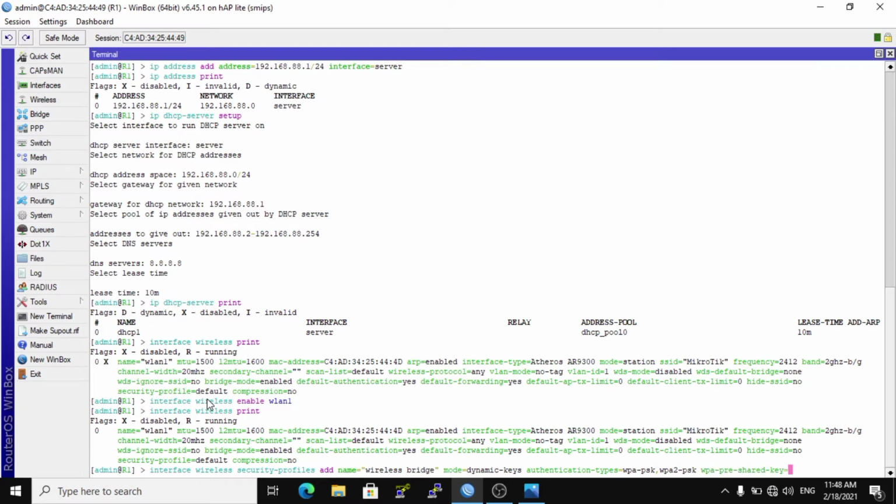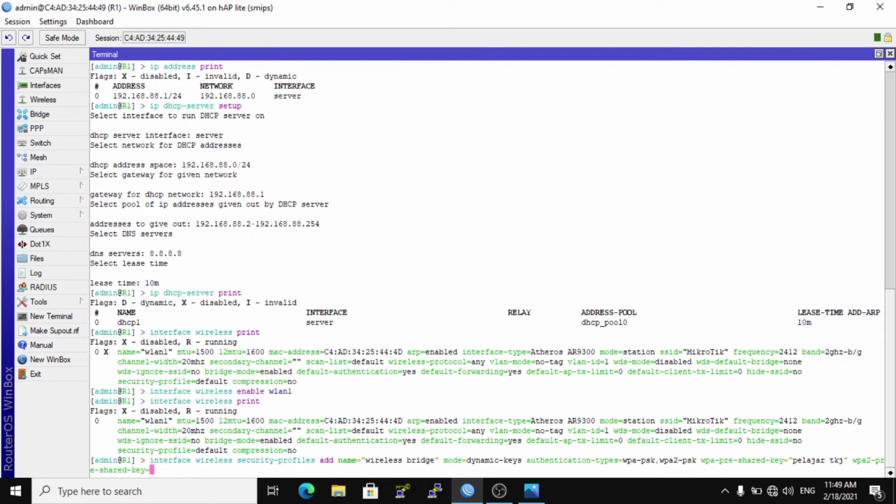This is the password for interface VLAN 1. I am using the password pelajar TKJ, and the WPA2 pre-shared key, I am using pelajar TKJ, and click enter.